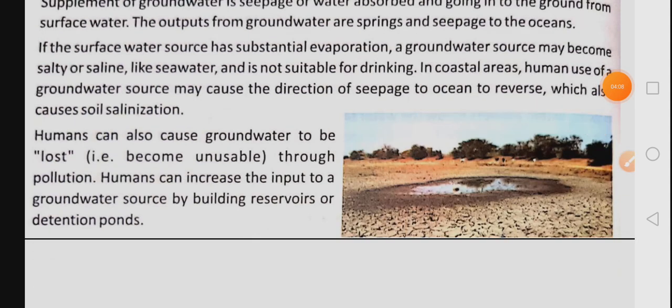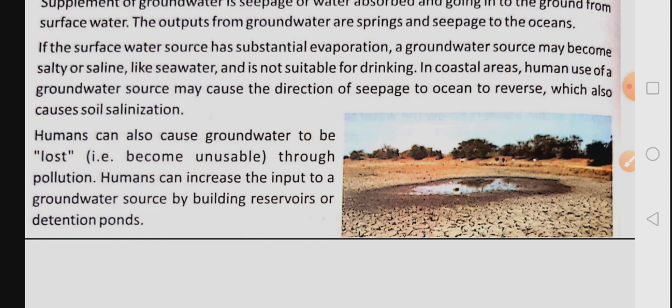And unfortunately, you know, sometimes underground water can become unusable, it can become toxic, it can become polluted. Now the question is, how can pollution reach under the surface of the earth? Well, the answer is when we throw garbage or chemicals in the water, that water absorbs into the surface of the earth, and unfortunately chemicals also go with it into the underground water.